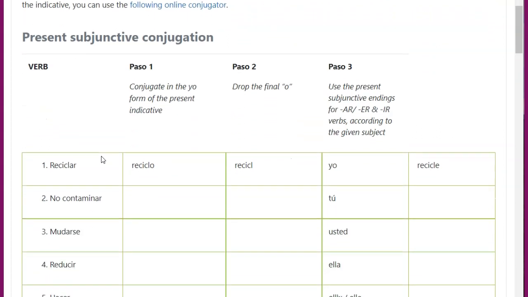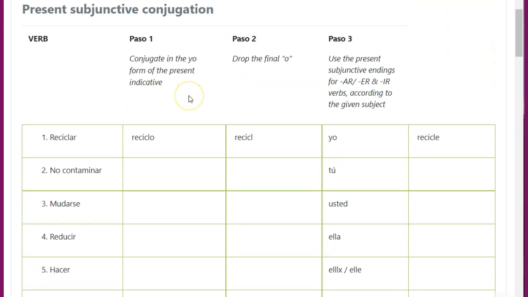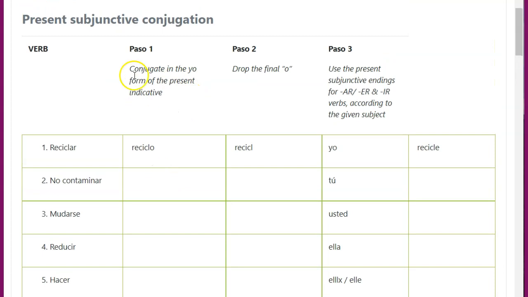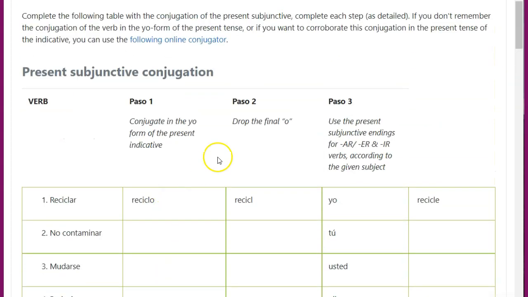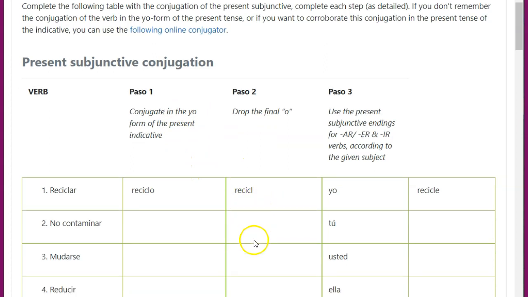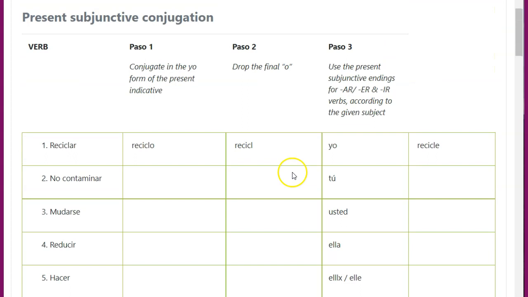So I want you to conjugate all these verbs in the present of the subjunctive, but you have to fill in every step. So you have to do paso uno and put it here. So conjugate the verb in the yo form of the present of the indicative, then drop the O like I have here in the example, and you put it here for all the verbs that you have, and then you conjugate the verb in the present of the subjunctive for an AR, ER, or IR verb according to the given subject.